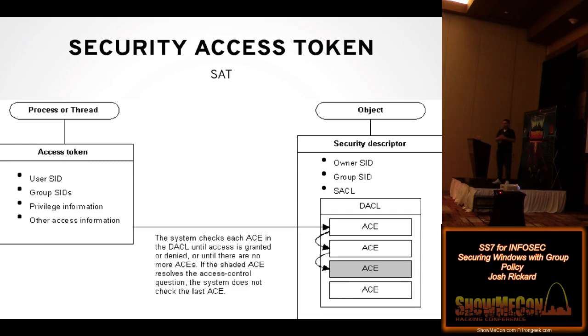DACLs, discretionary access control lists, or these ACEs, which are even lower level. But it's really all about a security descriptor that you could use to authenticate to a specific service or log in and do a certain action. By restricting the ability to impersonate these security access tokens, we reduce our footprint quite a bit in our